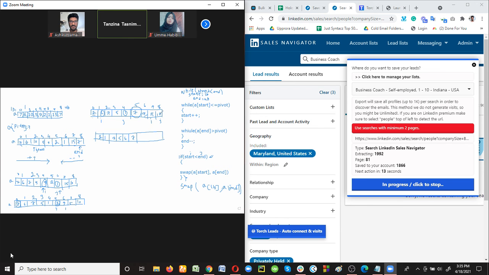Okay. So look at this pointer, end or j. j equals 8 and A[j] equals 10. Is it greater than 9? Yes. So j minus minus. Now j equals 7, so A[j] equals 15. Is it greater than 9? Yes. Again j minus minus. So now j equals